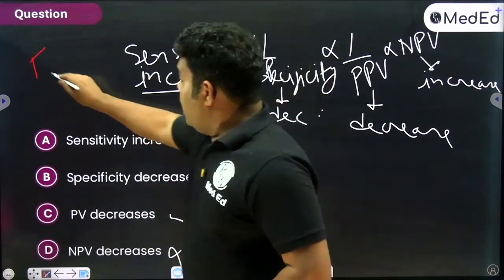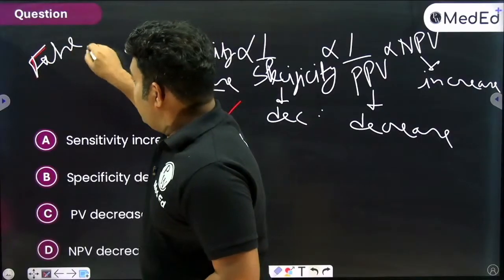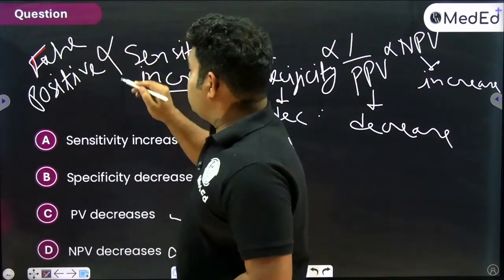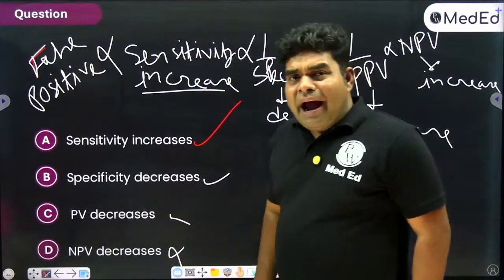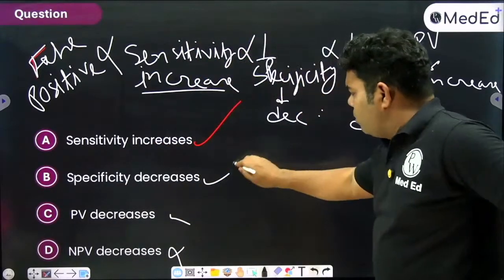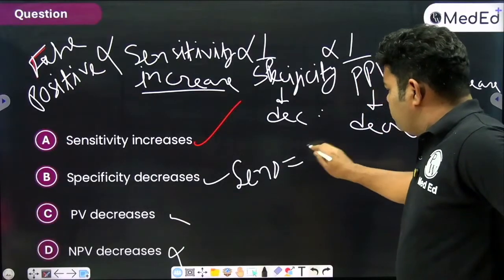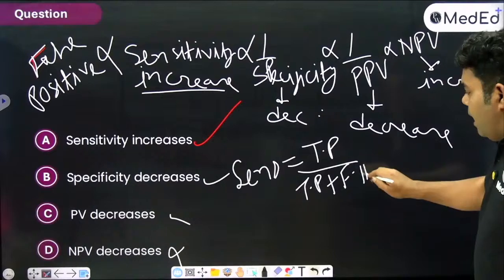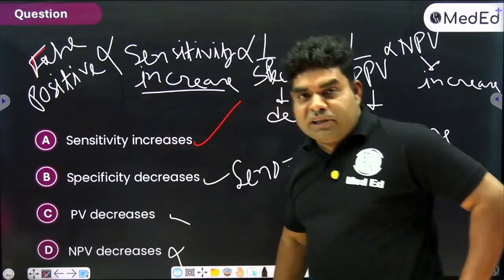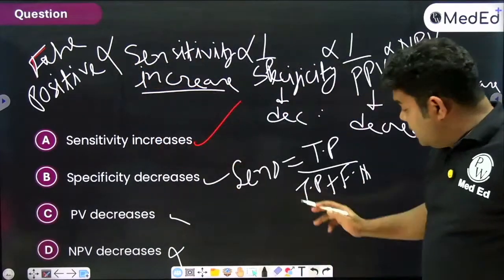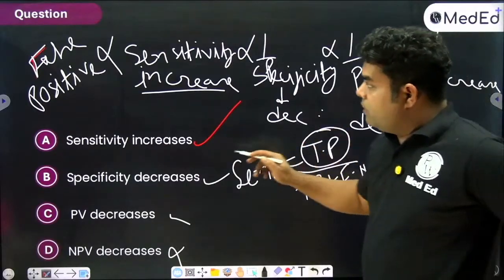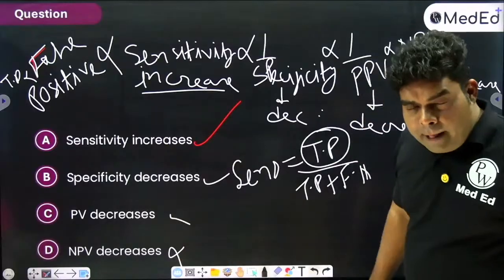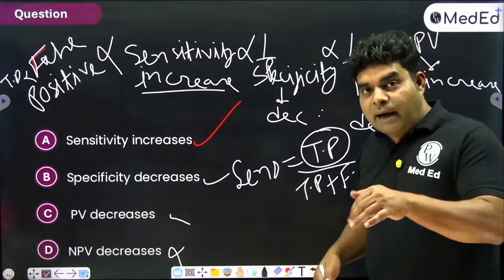They ask a true-false type question, and they ask this point: is false positive directly proportional to sensitivity or not? And a student thinks, we have all read the formula that sensitivity is true positive over true positive plus false negative. How come they are saying it is directly proportional to false positive? They tick it wrong. But sensitivity is directly proportional to true positive as well as to false positive. It is proportional to both, which I hope you understood from this example, that when we include more